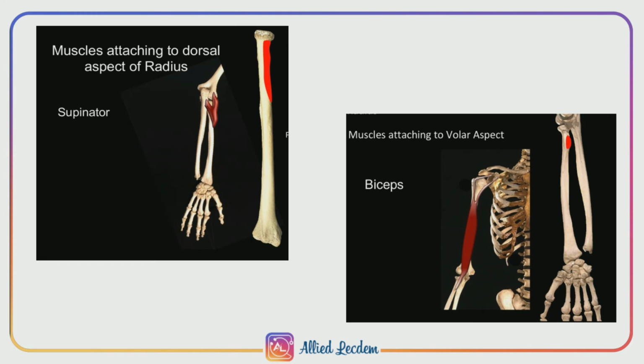Next is muscle attachments. The biceps brachii is inserted to the rough posterior part of the radial tuberosity. The anterior part of the tuberosity is covered by the bursa, and the supinator is inserted into the upper part of the lateral surface, and the pronator teres is inserted into the middle of the lateral surface. The brachioradialis is inserted into the lowest part of the lateral surface just above the styloid process,